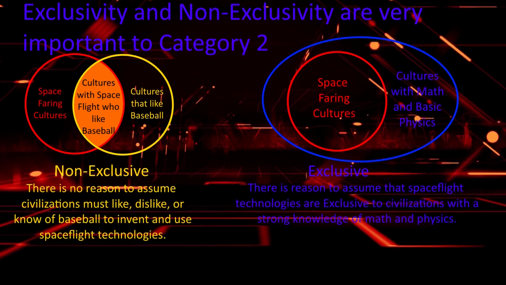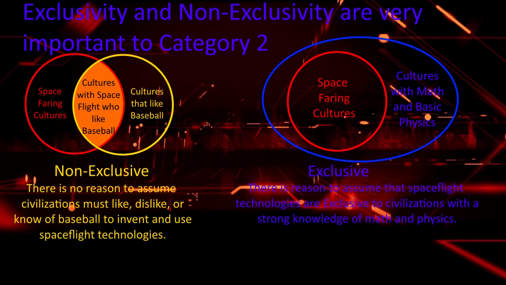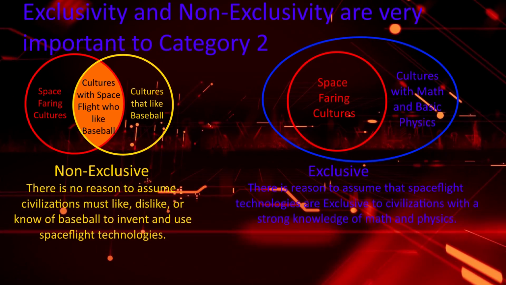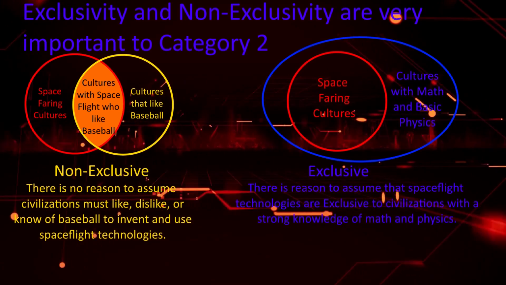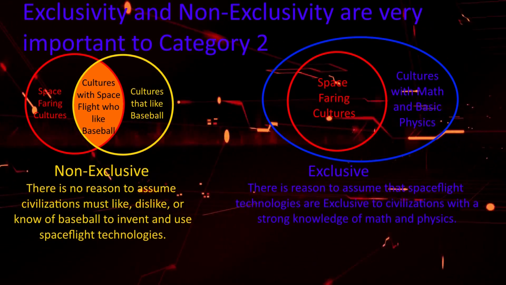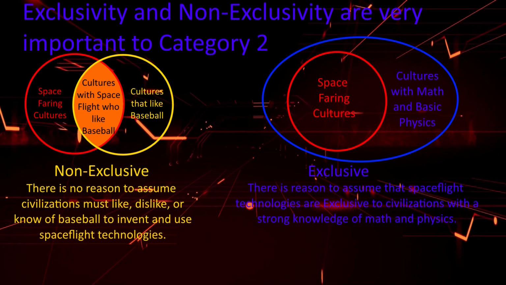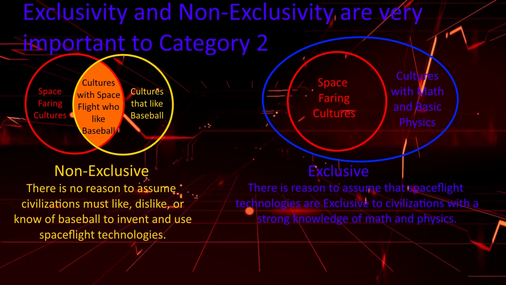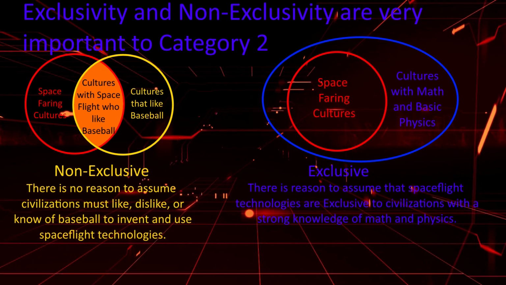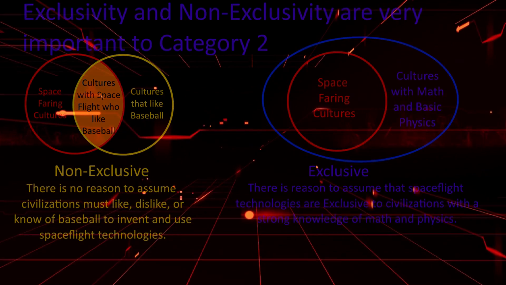Alternatively, we couldn't say you need to be capitalist or communist, oligarch or democratic, religious or atheist, to get into space, since on Earth the first two groups that did that were the US and the Soviet Union. So we'd say that the trait of spacefaring is not exclusive to any given political, religious, or economic system. That will come up a lot, this non-exclusivity concept, in many of the Fermi Paradox solutions after Category 1, because many of those solutions rightfully look at means and motive for expansion or communication. And if you can't argue that spacefaring is exclusive to that behavior, it doesn't hold up well.